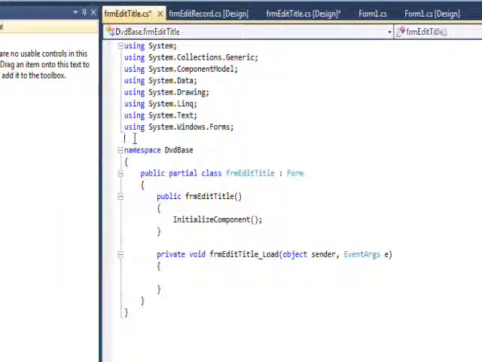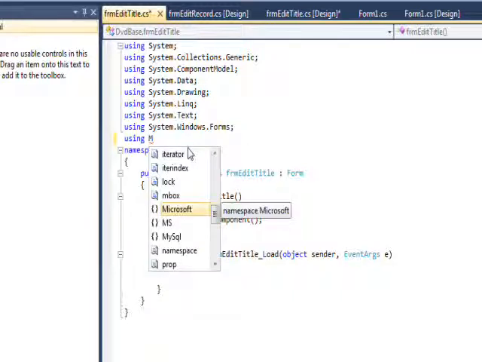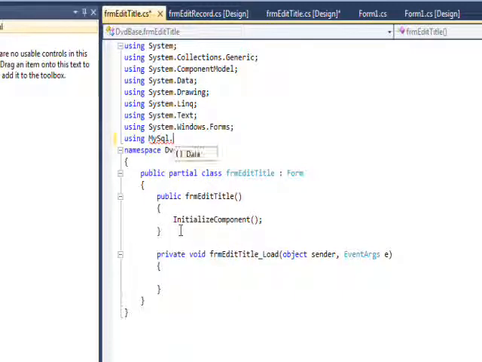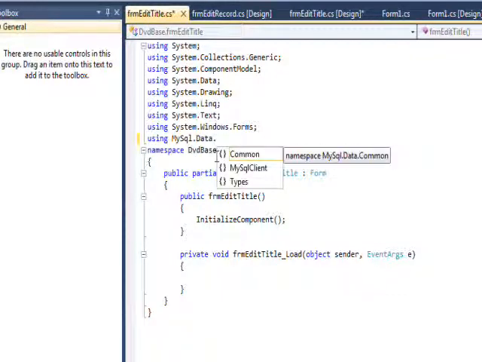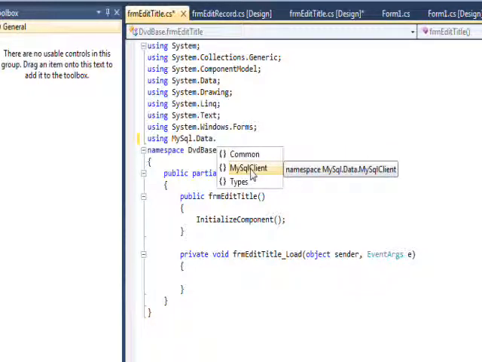So in the using we need to add using MySQL.Data.MySqlClient,